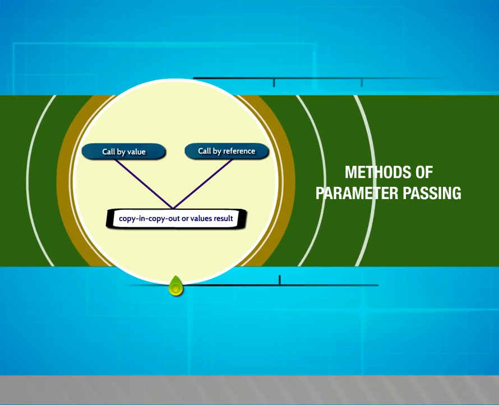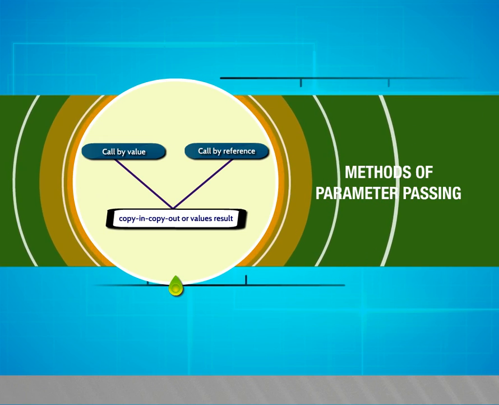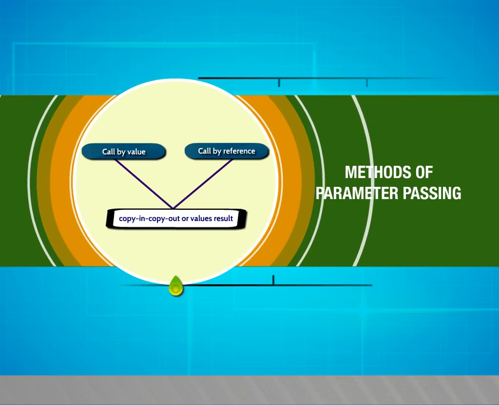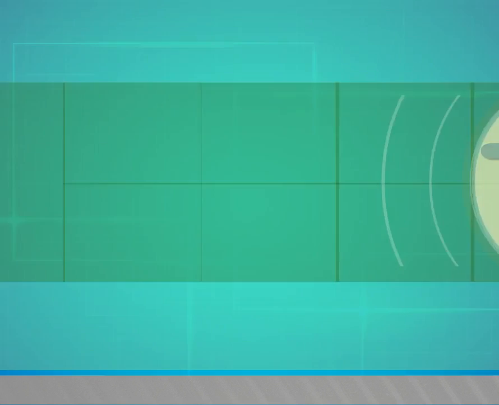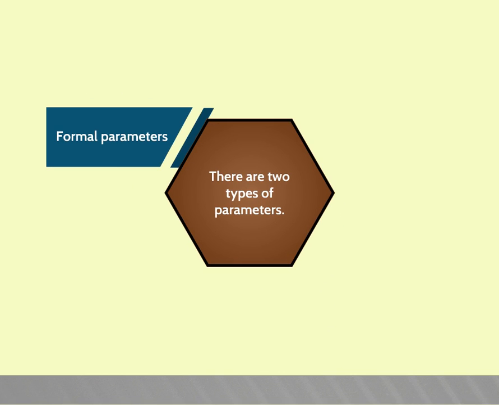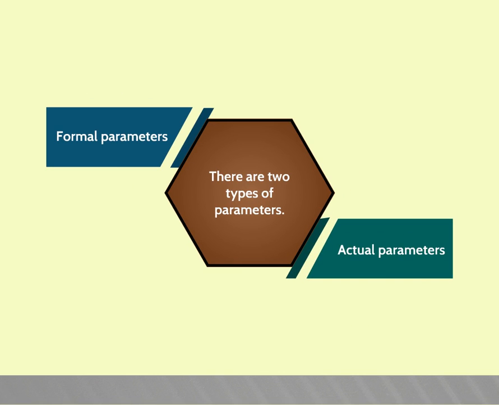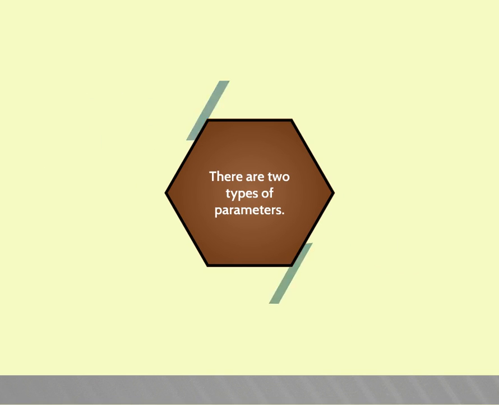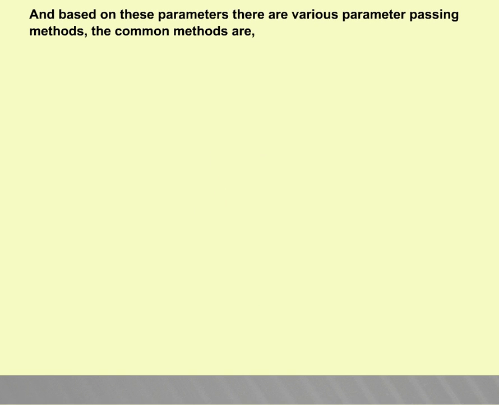Methods of parameter passing. In this video, we are going to see about methods of parameter passing. There are two types of parameters: formal parameters, actual parameters. And based on these parameters, there are various parameter passing methods. The common methods are